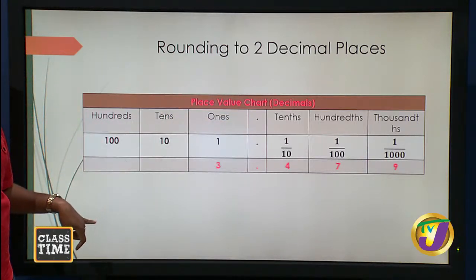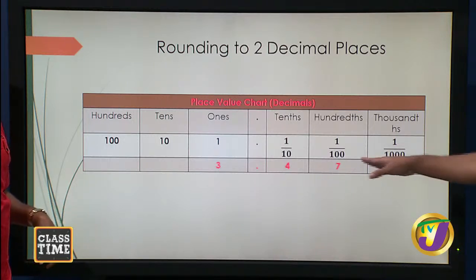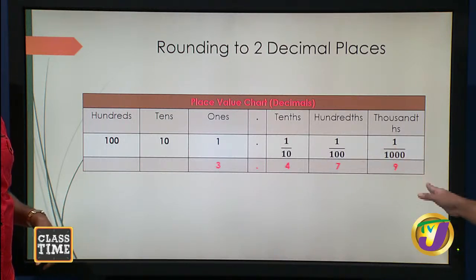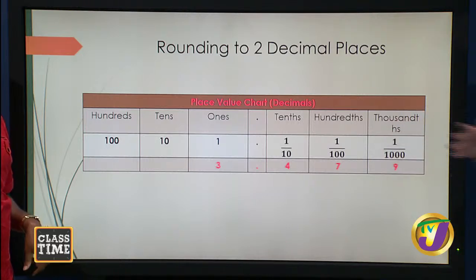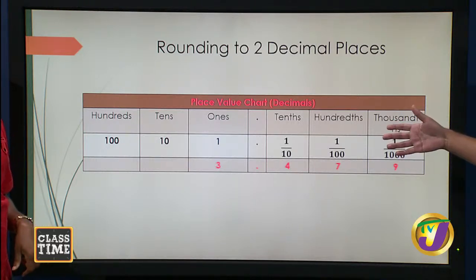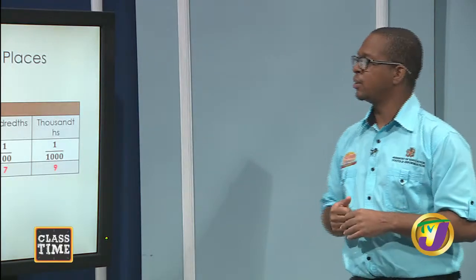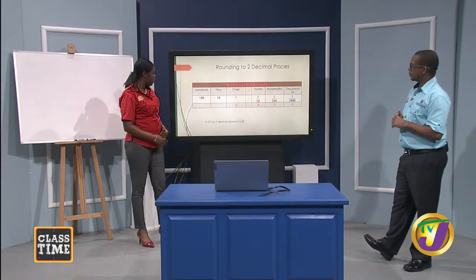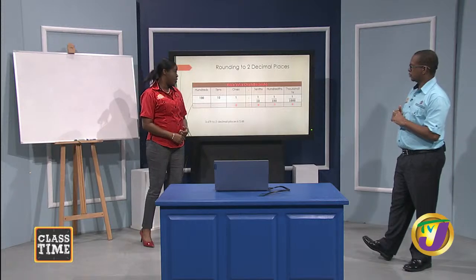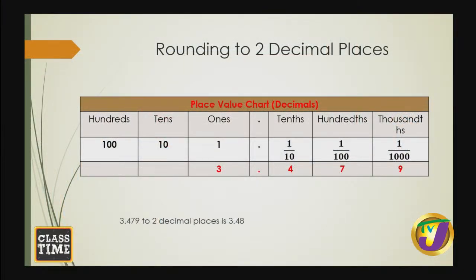If I were to bring it down to 7 hundredths, it would take much more work, because I would have to take away 9. That would be further off, and we wanted it to be as close as possible. Okay. So in that case, we would have here 3.479 rounded to 2 decimal places to be